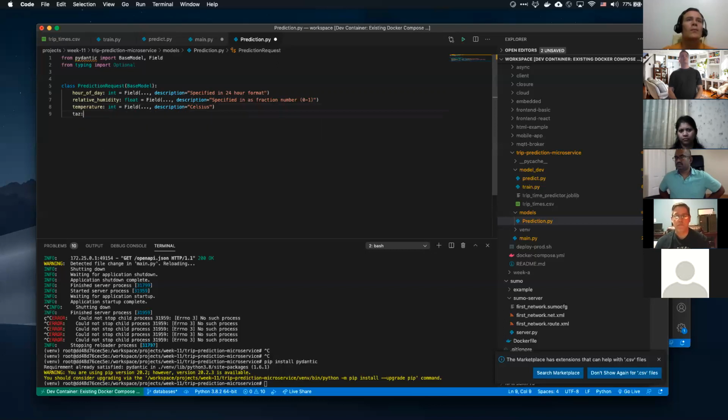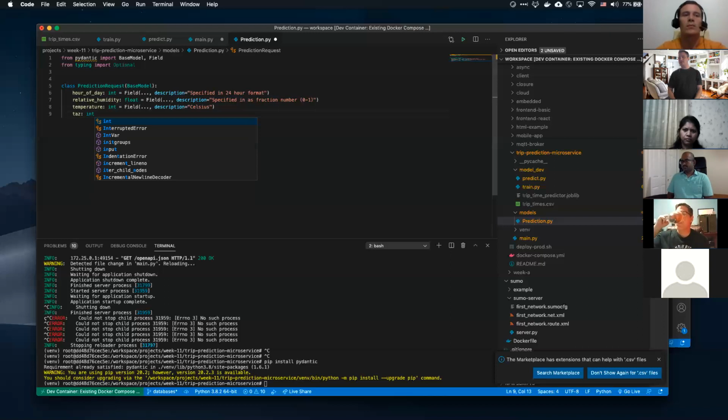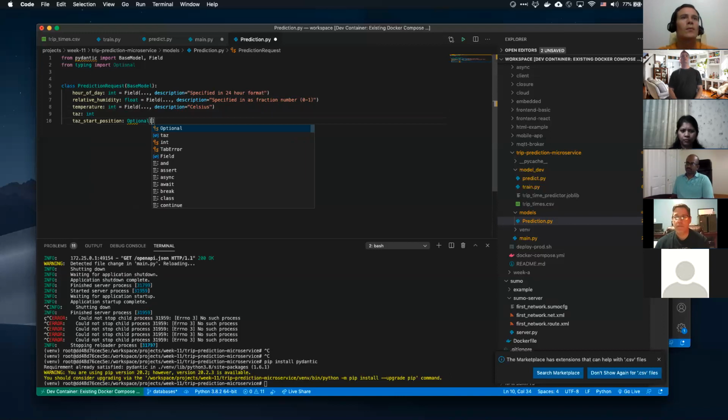And then here's where we're going to do this. So while we're not going to train for other TAS, traffic area zones, what we are going to do is let's design for the future here. So we can use the same prediction microservice. We can actually check in, check out models as we need them based on the TAS. So we'll just say for now a TAS is an int, and then just for a little bit of realism, we'll just say TAS start position. So this could be a GPS location. It could just be an entry point, street name, whatever. And we'll just say it's optional for now, since we're not really going to enforce that in our simulation.